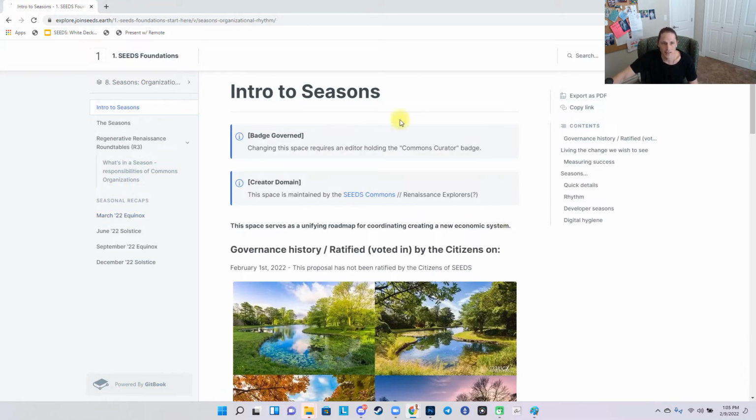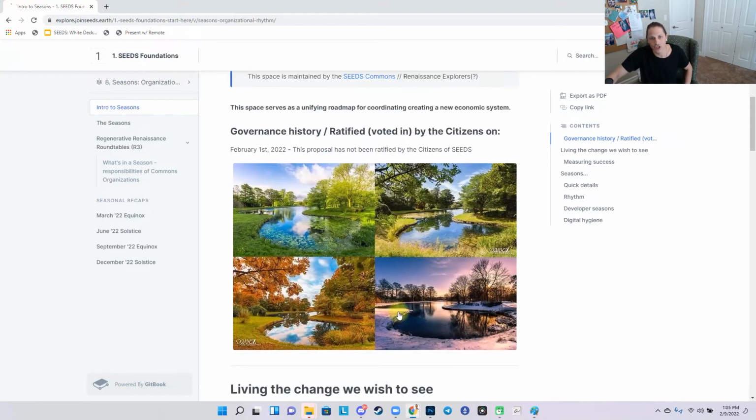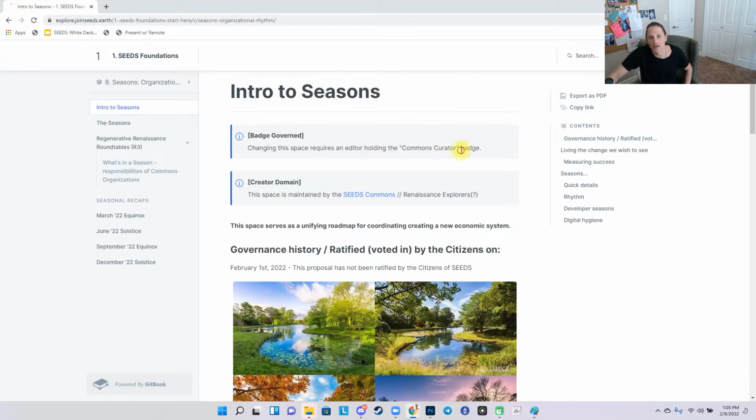All right, so now I'm going to dive into this. At the start of all of the documents now in our knowledge base, it says, 1, who's governing this space. So I want to say that this doesn't exist yet, but it is a badge process that I'm proposing governs these spaces. So who gets to make edits and changes to this document would be a Commons Curator badge, and this badge is then issued by the Seeds Commons itself. So when we're able to set up a DAO for the Commons, then you propose to have a badge in that, and that's also how the citizens and the Commons itself is able to say who's curating our knowledge base, or at least the knowledge bases that are badge governed.